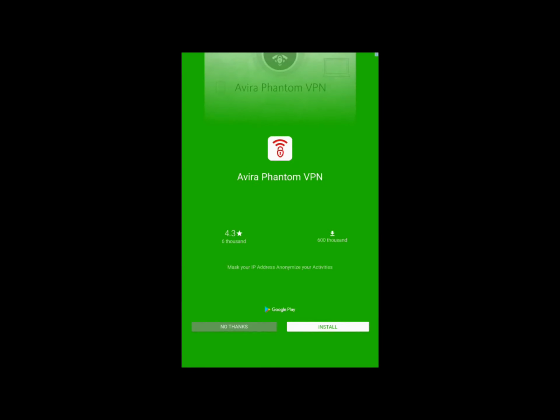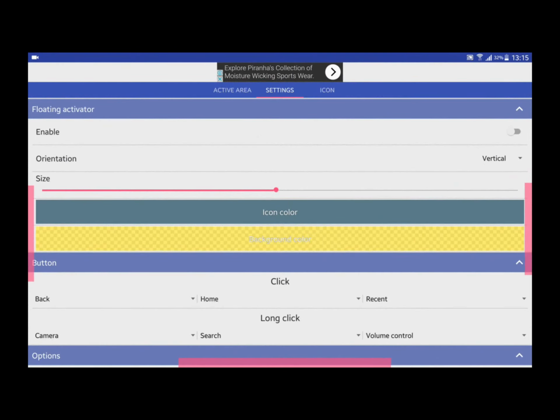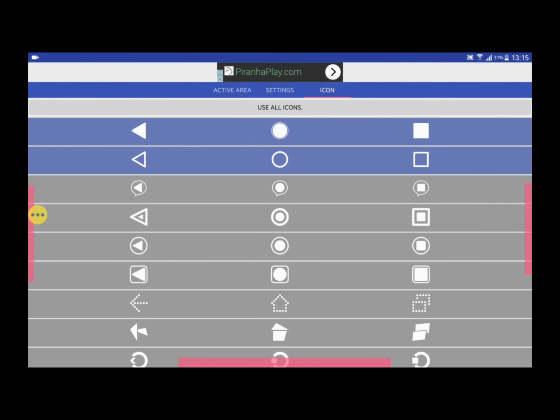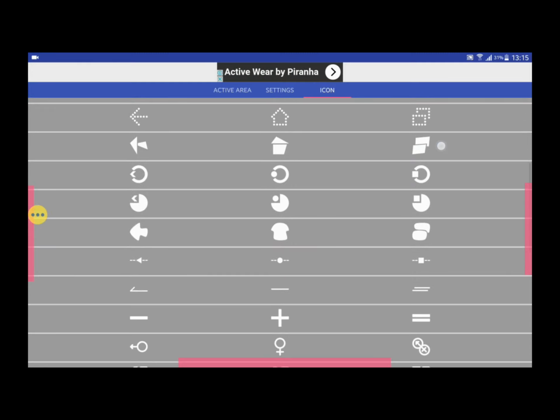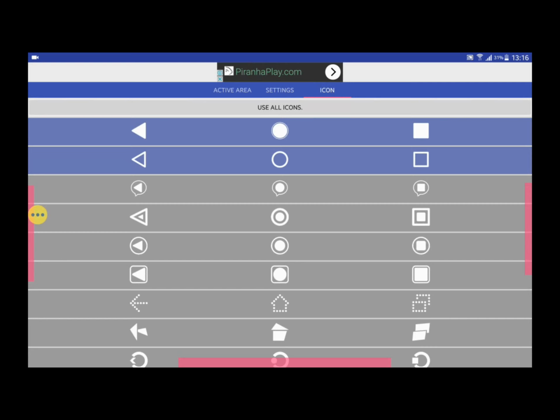Go to settings. It'll show some ads because this application is free, but now enable this. Go to icon. Now select an icon pack. The ones which are in gray have to be bought. The ones which are blue in color are free, of course. So I choose this one.